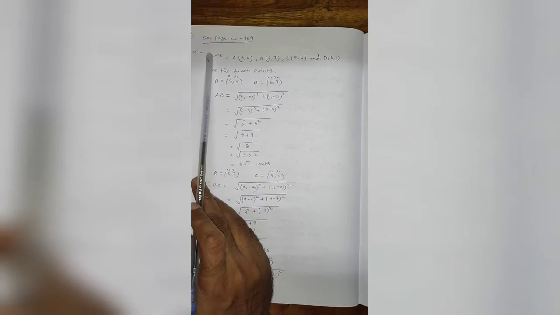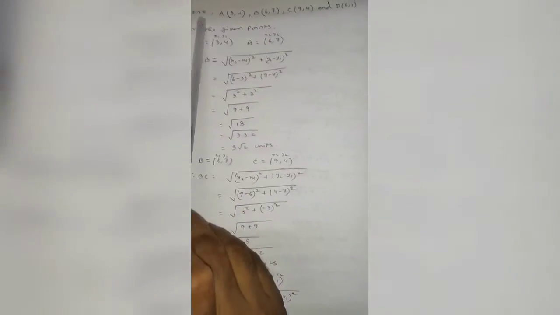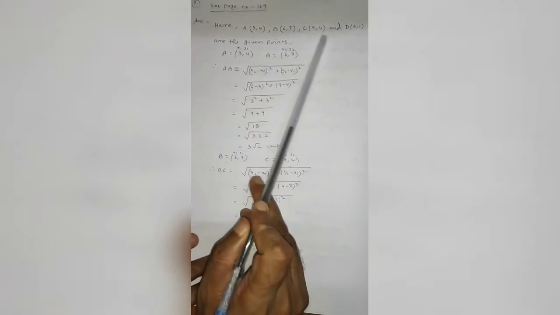Now to start question number 5, you should observe the question from page number 169. They said in a classroom, one graph is given. 4 friends are sitting at different positions. Champa and Chameli walk into the class. After observing for a few minutes, Champa asks Chameli, "Don't you think that it looks like a square?" Chameli disagrees. By using the distance formula, we are going to calculate which of them is correct. Now, from the graph we got A (3, 4), B (6, 7), C (9, 4), D (6, 1)